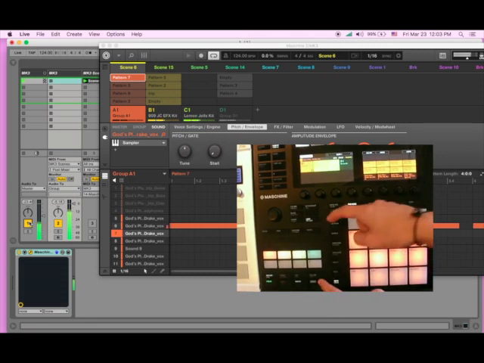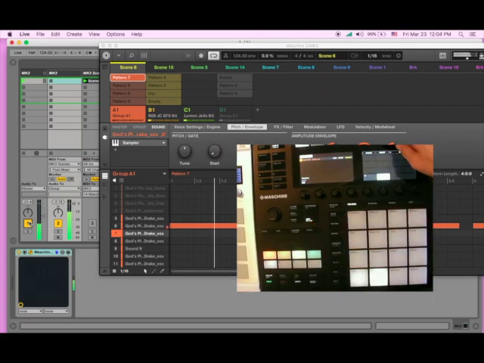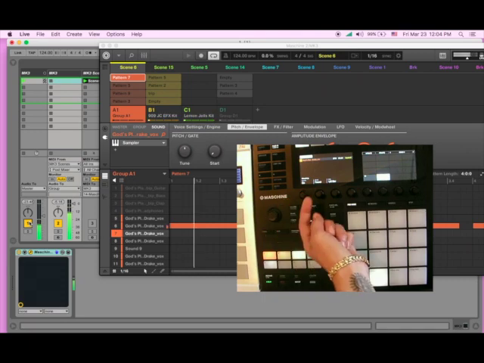Okay, I'm gonna go back into my shift lock, extended lock. I'm gonna update that one. Now I have two of them. I'll play them back and forth without the drums and with the drums. Okay, now it has a morphing feature here, and if you turn that morphing feature on,